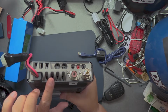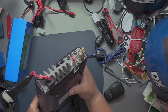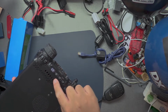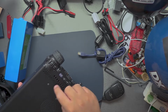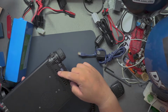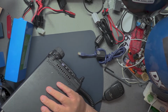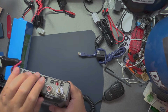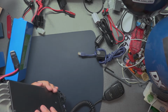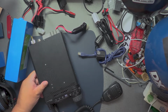You have a nice fin here to let go of the heat. And that's one thing that you need to take into consideration with this radio. There are fans here in the front. Make sure you don't block those, the airflow, right? Looks like it has fins over here, or holes, so that the air can come in or out. And then here, making sure there's enough airflow so that the heat can come out. So that's very important to making sure how you mount your radio. Okay,